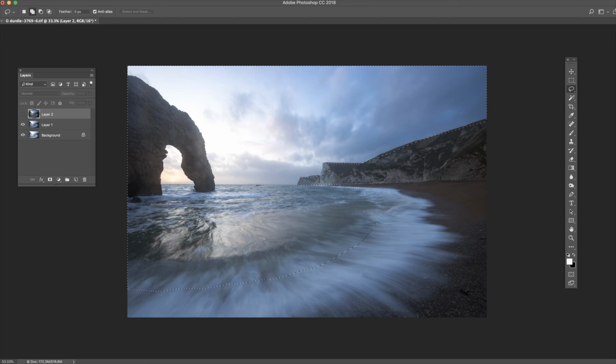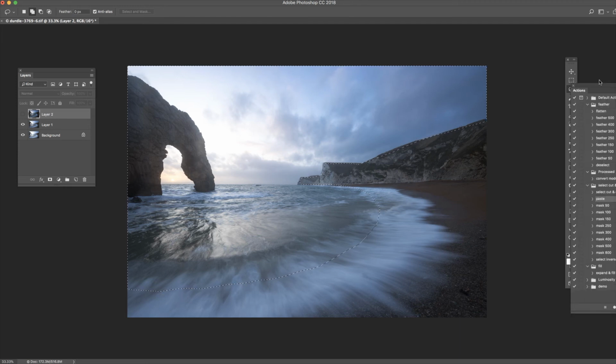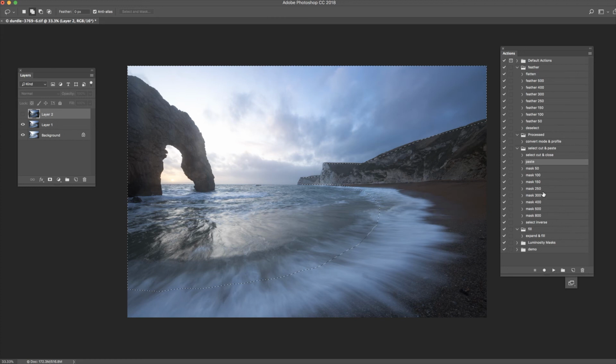So now I'm going to make a mask, and again I'm going to use one of my actions here. I'm going to make a mask with a feather radius of about, what do I want? Something about, I would say, 300 pixels. So I've got a soft edge to my mask there. If I play that now,